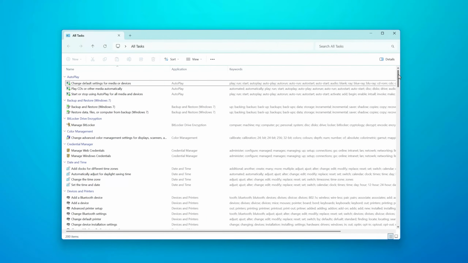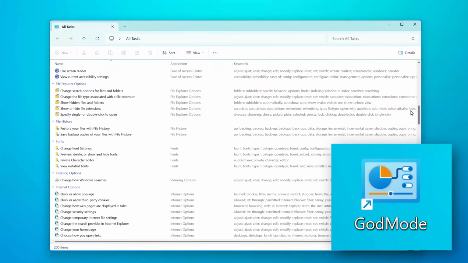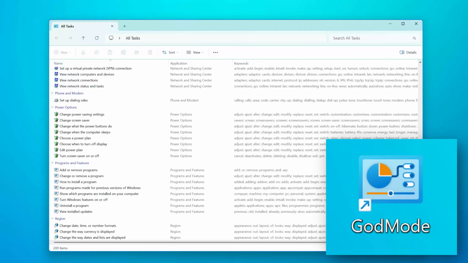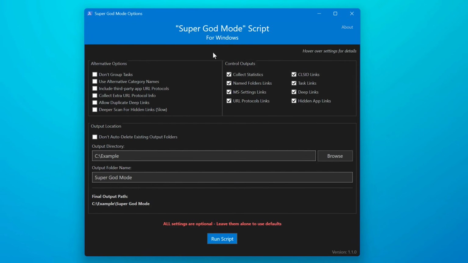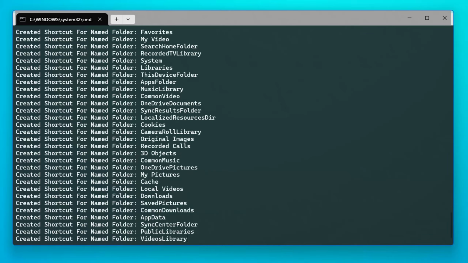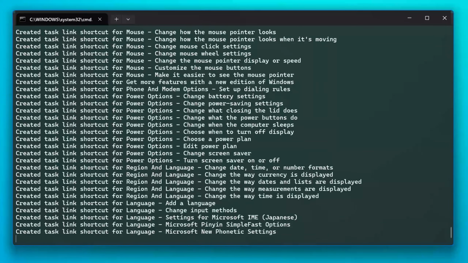You've probably heard of that famous Windows God Mode folder, which most people think contains all possible direct links to all the special locations and menus in Windows, but they are wrong. So I created a free script you can use which pulls truly every special link and command stored in the Windows registry and resource files. That's a lot that do not show up in the normal God Mode folder.